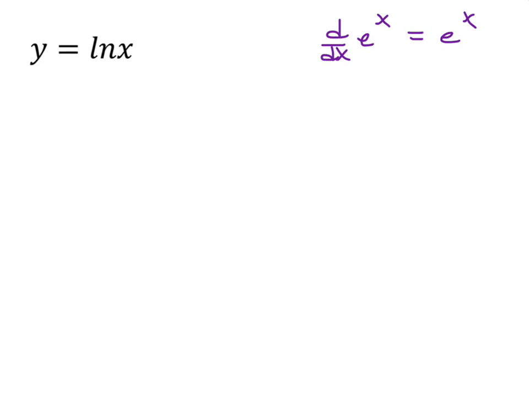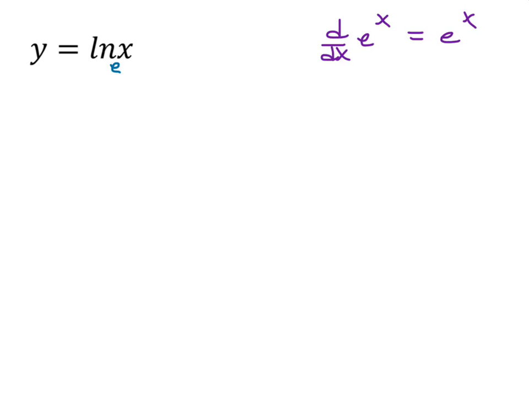In this video, we will develop formulas for the derivatives of natural log of x and log base a of x using implicit differentiation. For natural log x, we're going to use the fact that the derivative with respect to x of e to the x equals e to the x. Let's start by taking this natural log here and thinking of it as base e, and let's rewrite it in